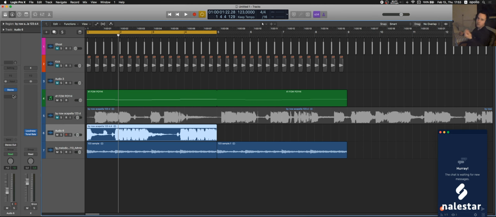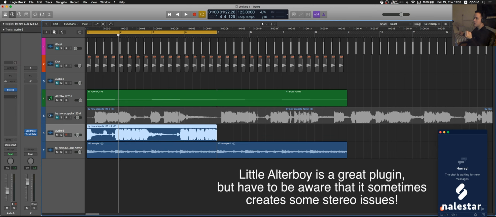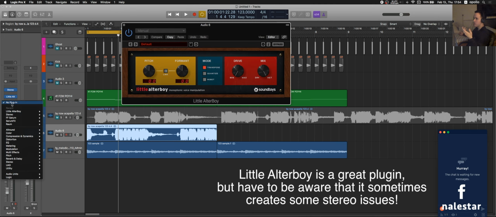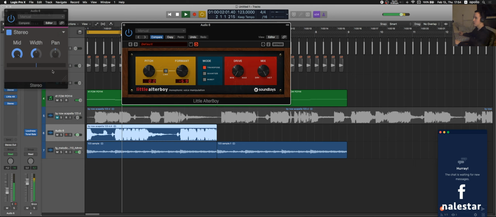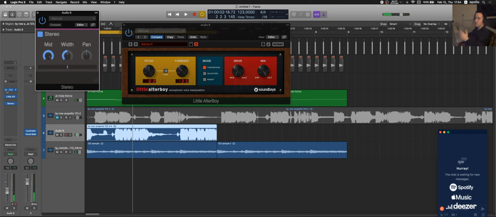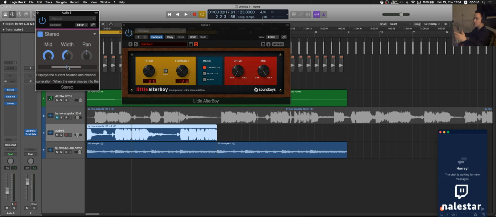This is something I discovered recently. Whenever I set my input to mono and use Little Alter Boy this way, the signal will still remain mono. But if I feed a stereo signal into it, it's gonna get weird. What I did here is I just made the channel mono basically. Even if I put it back, it still gives me this